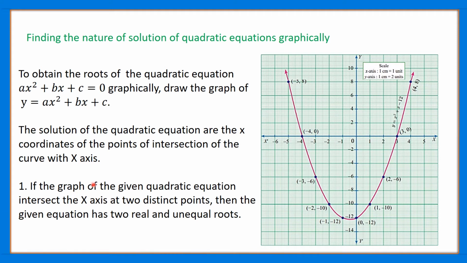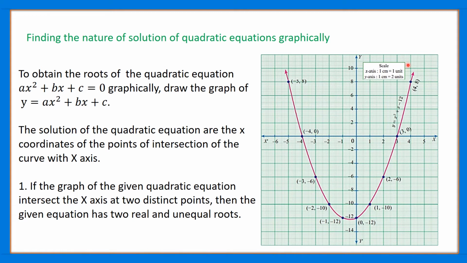So if you look at the graph, we have a parabola like this, and the parabola is nothing but the graph of y is equal to x square plus x minus 12. When we compare this quadratic equation with the standard form, what we get is a is equal to 1, b is equal to 1 and c is equal to minus 12. Okay, when we plot this graph, our parabola will be like this. First step is done. So what is the next step?